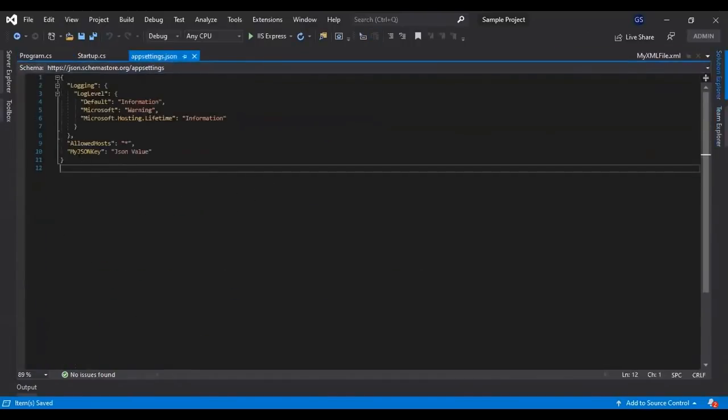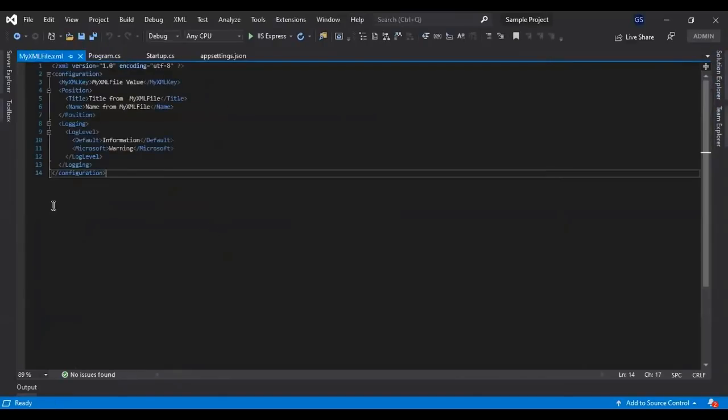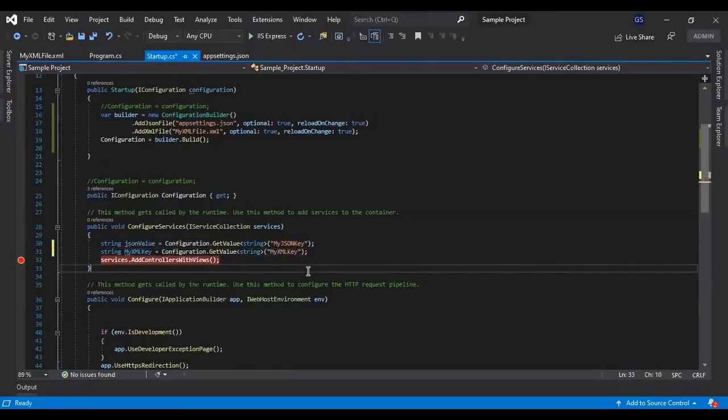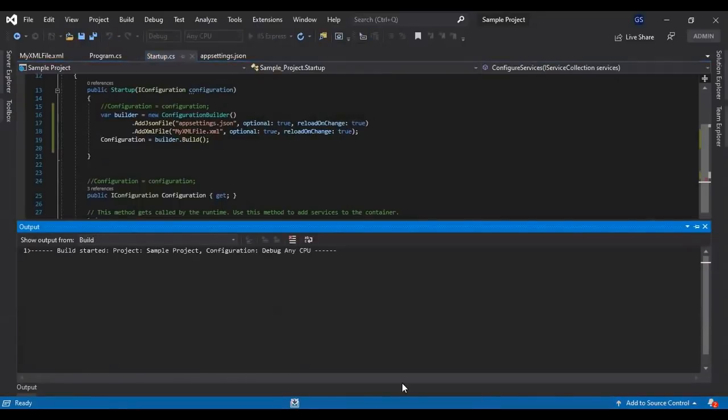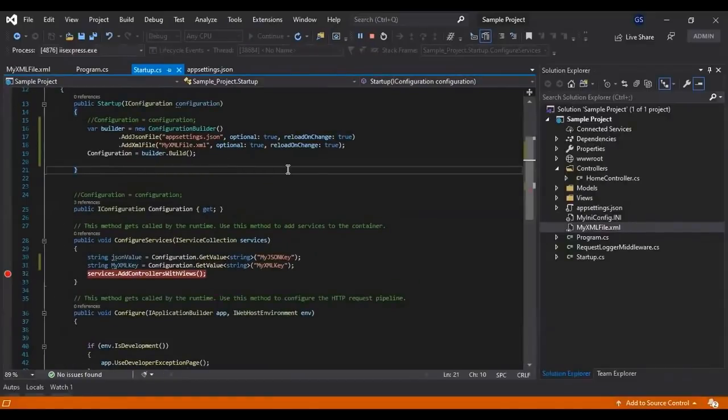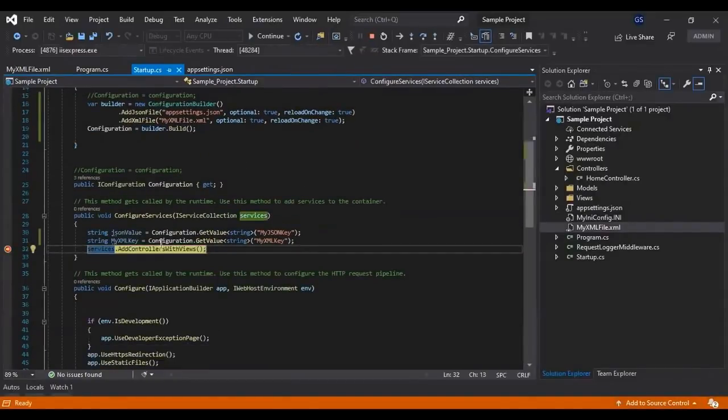Inside the XML file we have the key myXMLKey, so we'll read that value here. Let's run and see. Look, we are getting the value from XML. So in this way we add the XML.